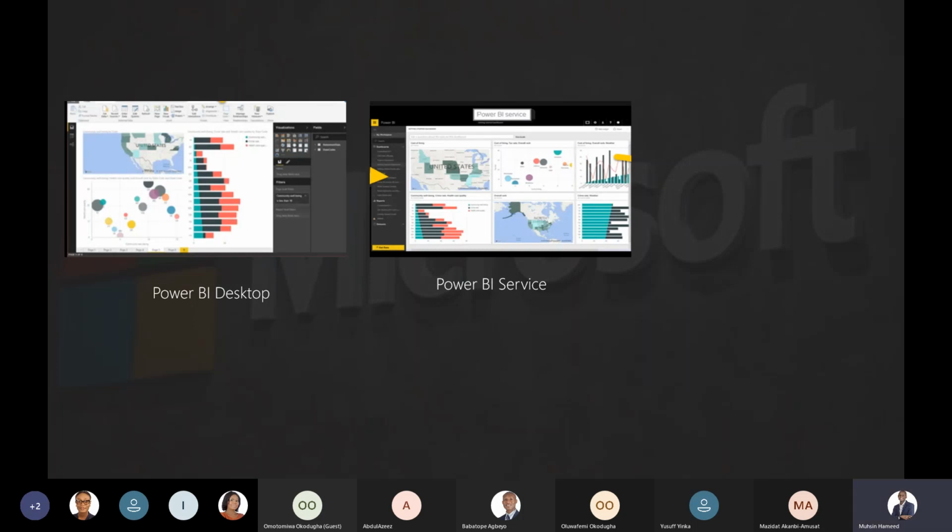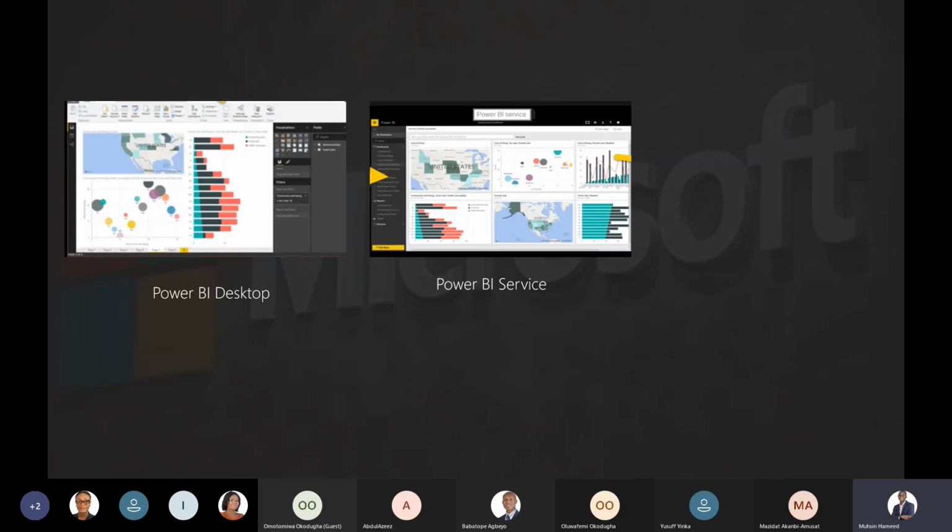You have some reports that you have built, and you are able to access them online, share your report, manage what people see on your report, and monitor things within your report on the go. That is some of the things that you can do on Power BI Service.